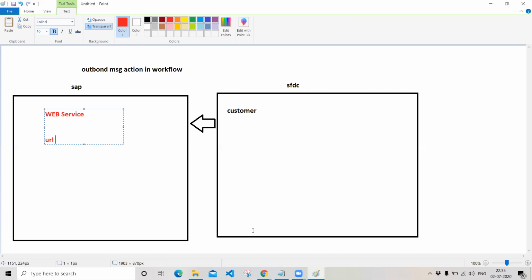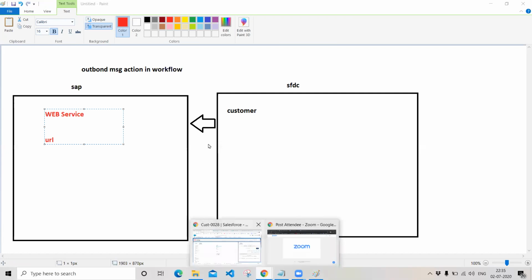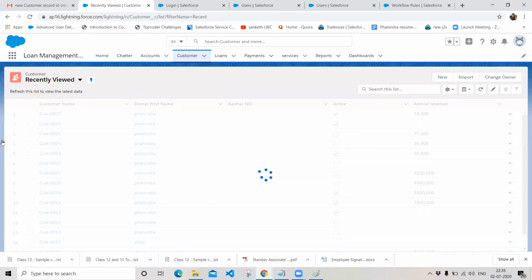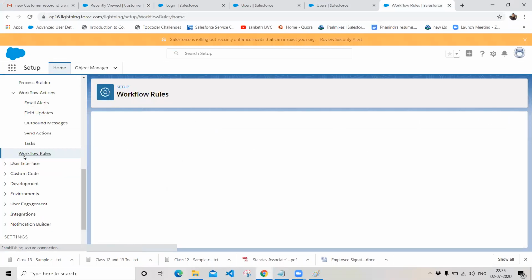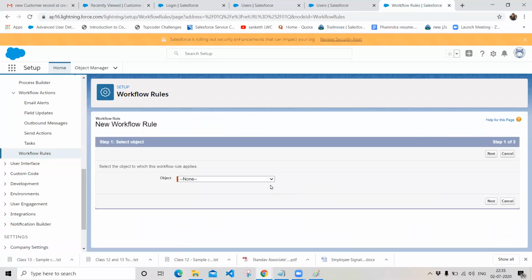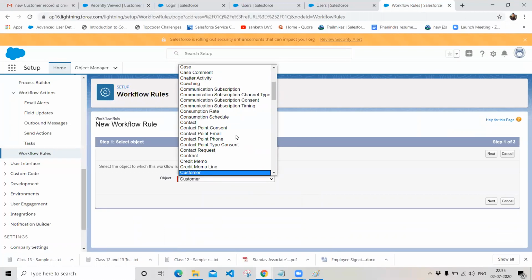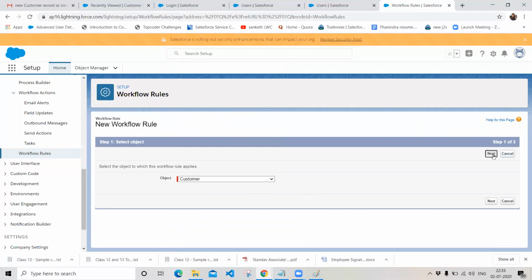And let's go back to our organization and create a workflow rule with respect to sending an outbound message. So this is our workflow rule. Click on workflow rules and click on new rule. I want to create a new rule for the customer object to send the data from your Salesforce system to the third party system.